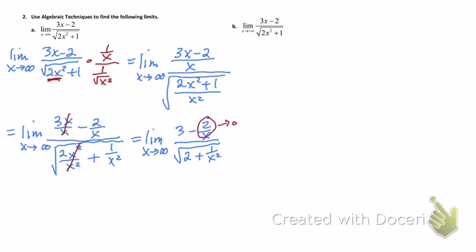That 2 divided by x goes to 0. That 1 divided by x squared goes to 0, because remember, we're going towards infinity. So those two fractions approach 0. What's that going to leave us? This. Part B is serving as a reminder to us that we might have different limits as x approaches infinity